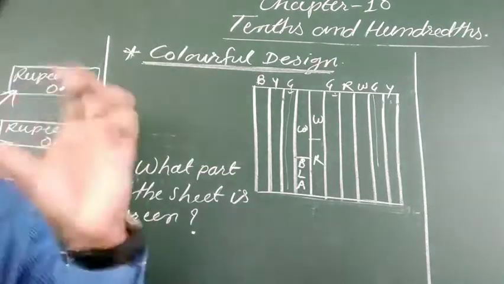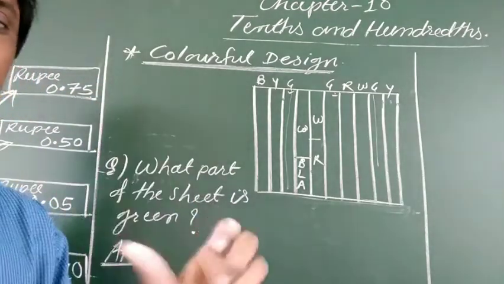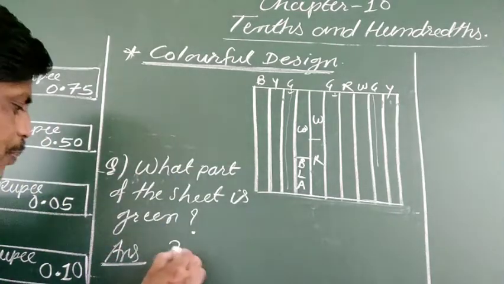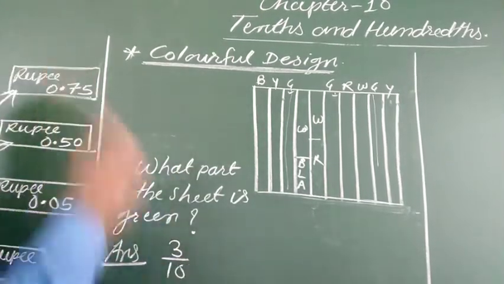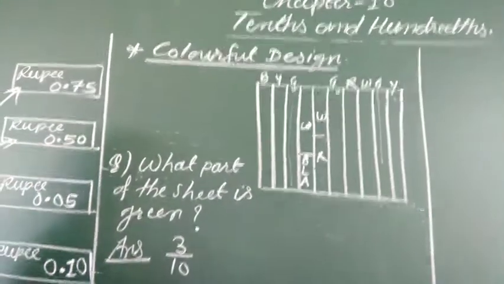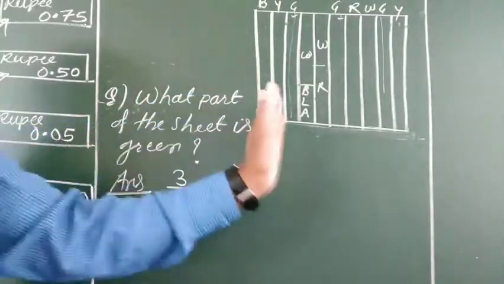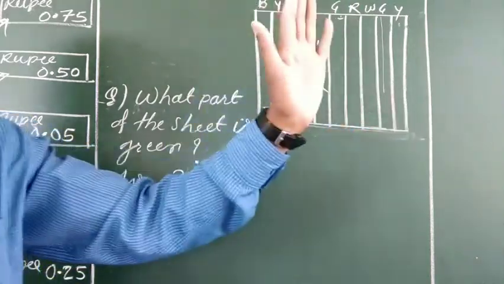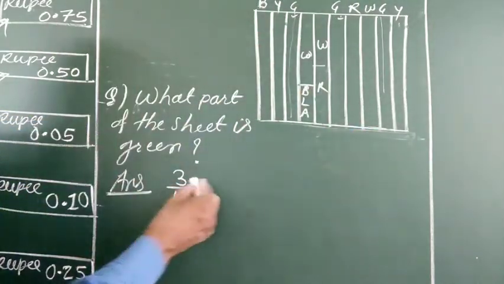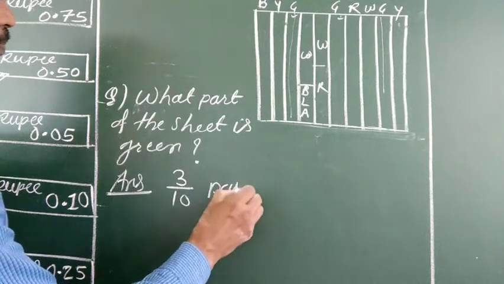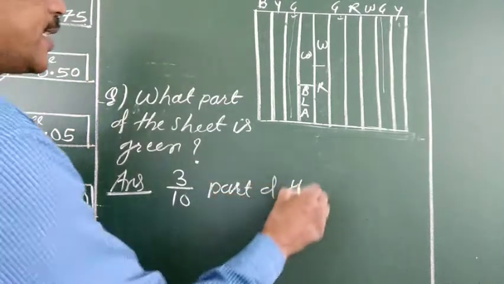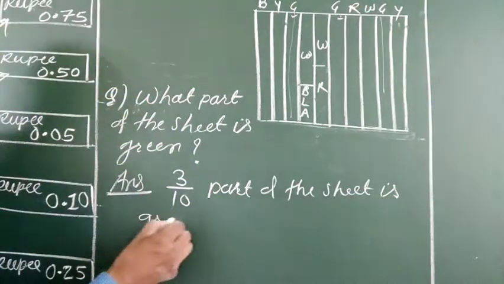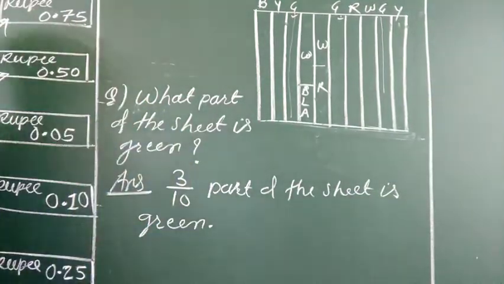Why? What part is there? The question does not ask how many. The question is here: how many parts are there? No. What part are there? So see here, 3 parts out of these 10 equal parts. This is our answer. So the 10 equal parts of this strip, 1 2 3 4 5 6 7 8 9 10 parts. So 10 parts in total, 3 parts below, so 3 by 10 part of the seed is green. Okay, this will be its answer, beta.